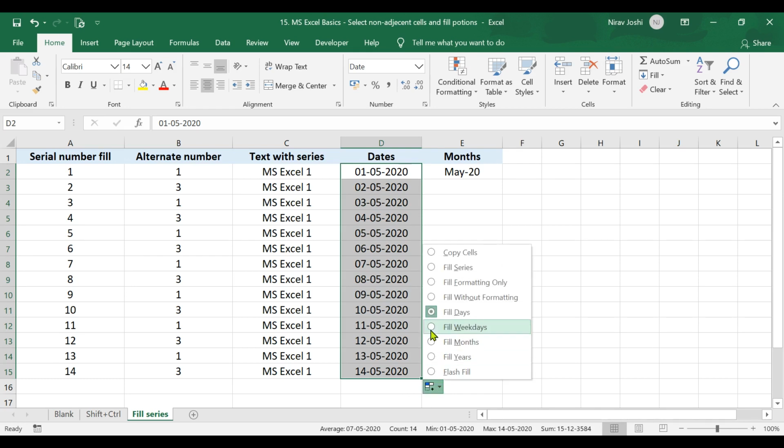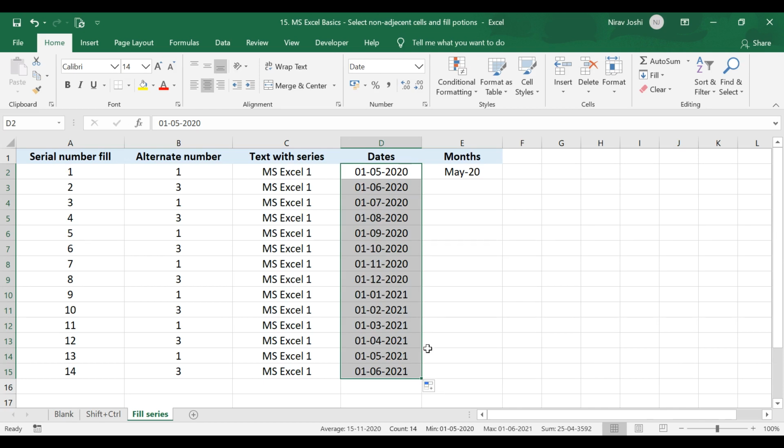If you want to fill only weekdays, it will automatically remove those dates which fall on weekends. If you want to fill months, it will sequence the month. So automatically the 1st of May would change to 1st of June, 1st of July, 1st of August. So it will fill the months in series.